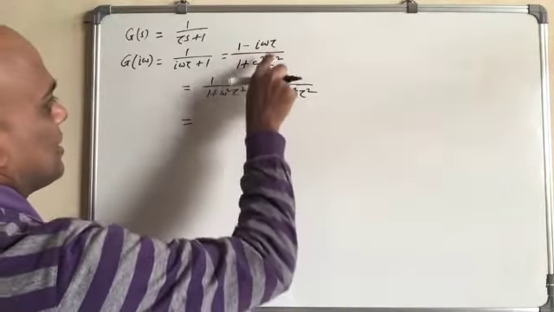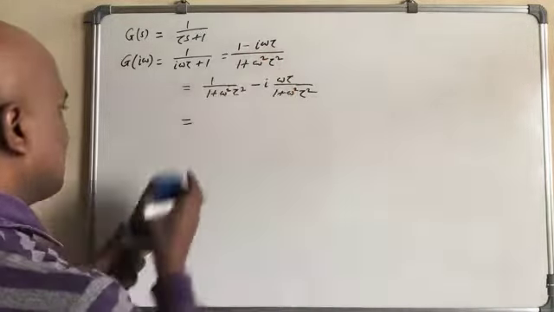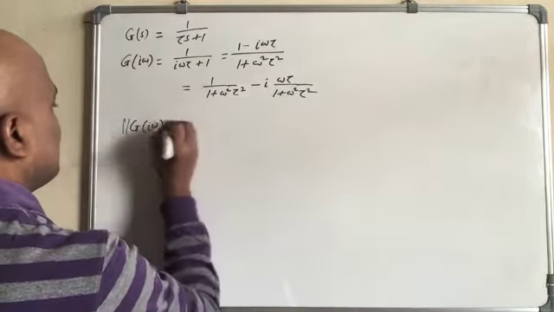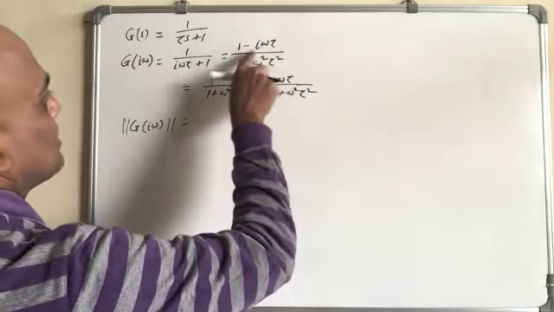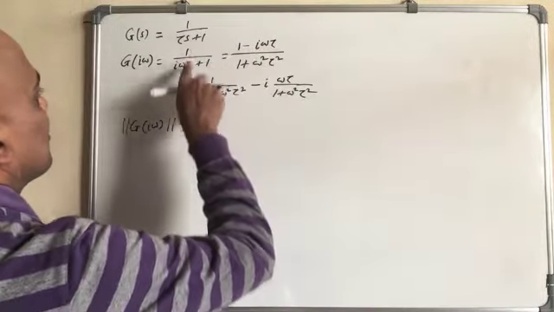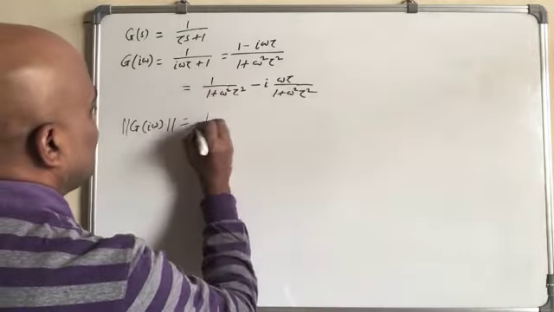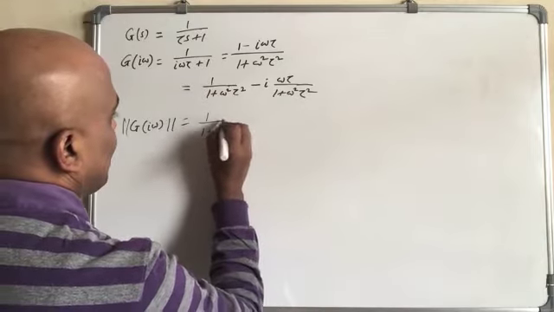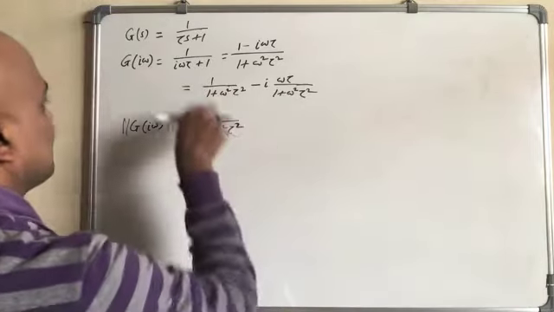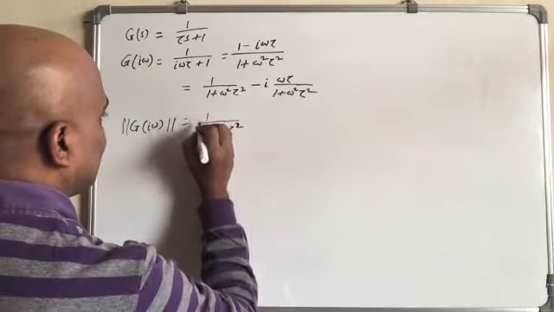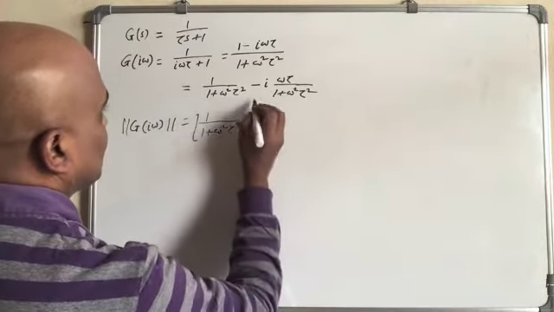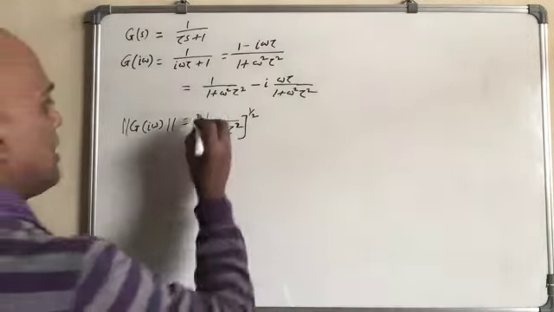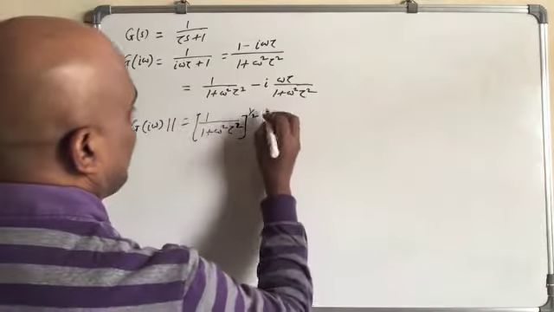If we take the magnitude of that, we can write it as the magnitude of G(iω). The magnitude will be 1 over the square root of 1 plus ω²τ². So this is the magnitude, and the angle